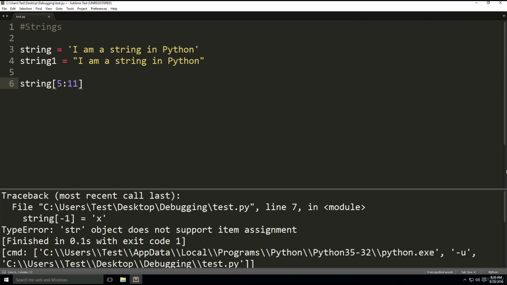This will return all characters that start with the 5th index and end with the 11th index. So it's going to return this part of the whole string. So if we print that out,